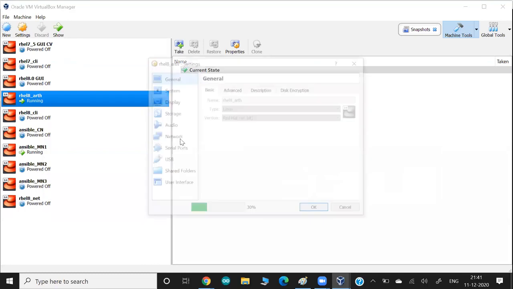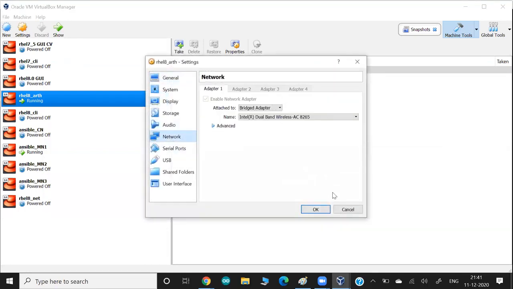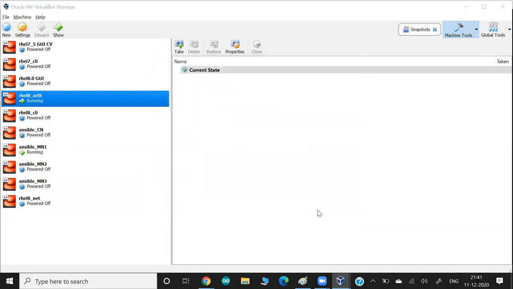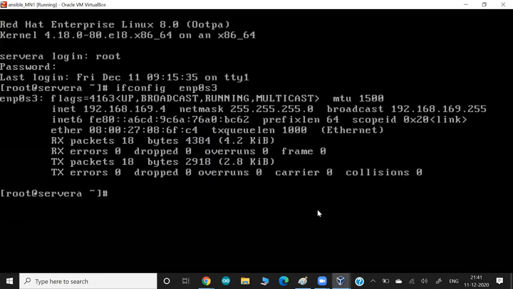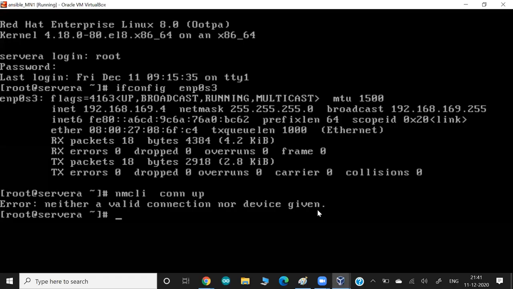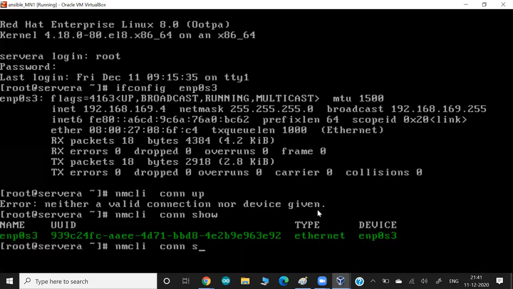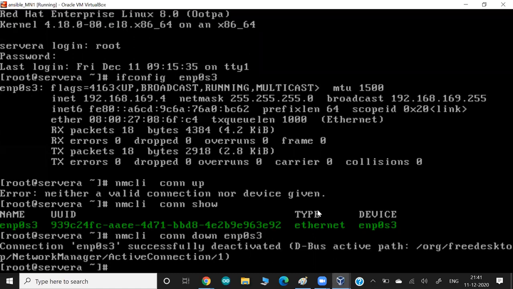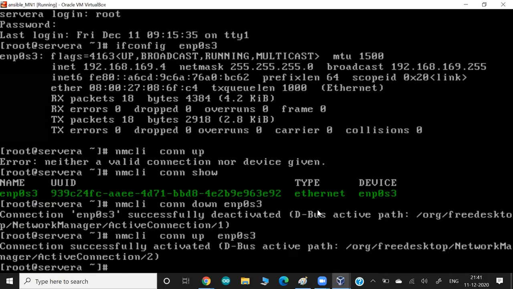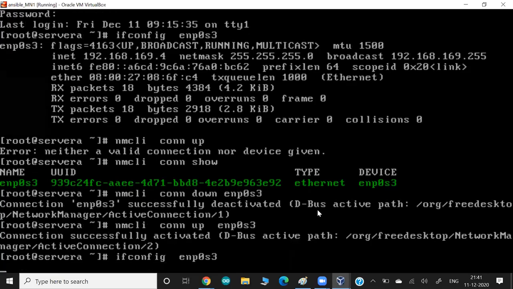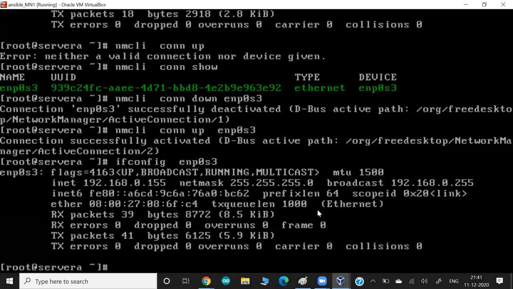One minute. Yeah. So, nmcli connection up. One minute. Connection down, enp0s3. We have to change something in my network settings, guys. So I'm just restarting my network settings. Okay, yeah, so this IP came up. So I want 155 would be